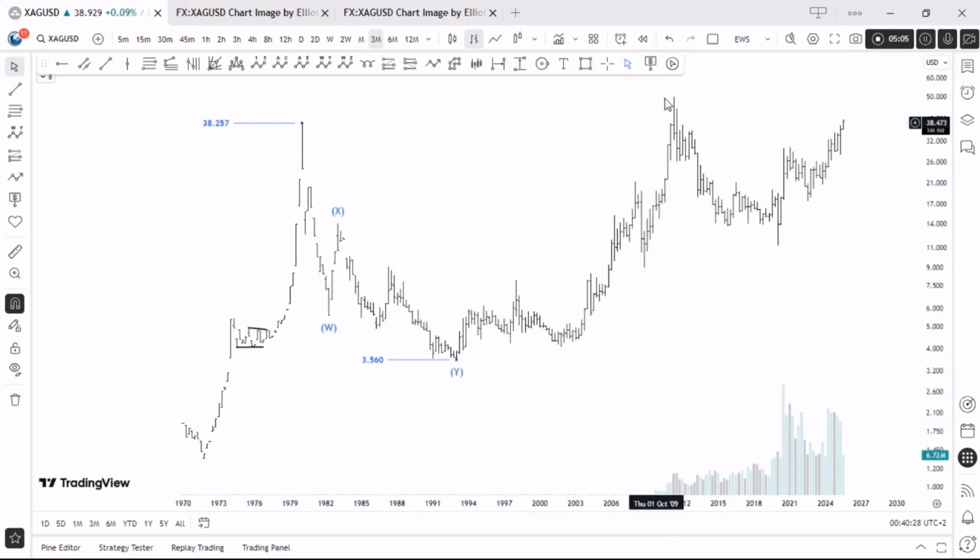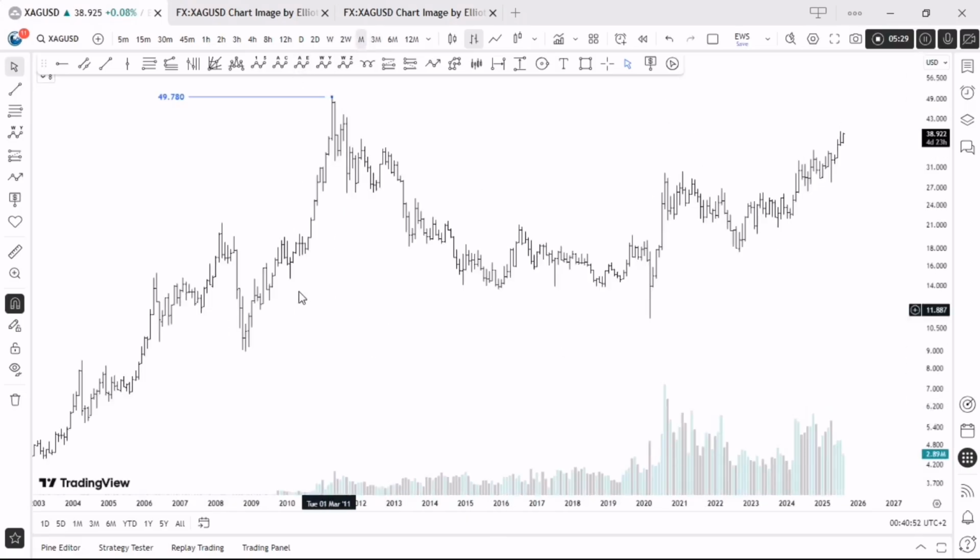Now I can see here there's some sort of movement. We created a new high right here above this high of 38.25. Now the highest high in this case of silver is 49.78, because I believe the current trading price is 38.92. So what we're going to do is shift to a time frame that will allow us